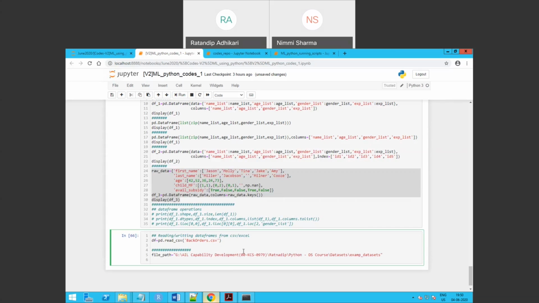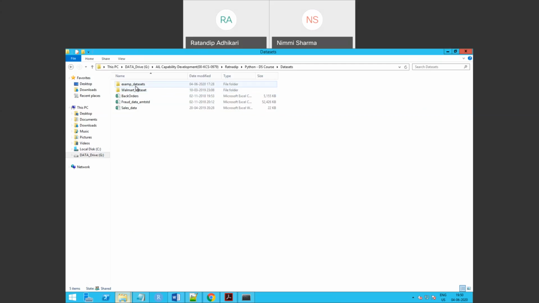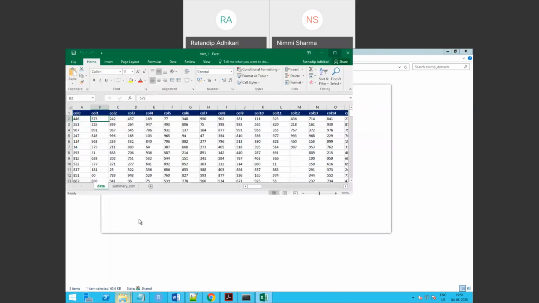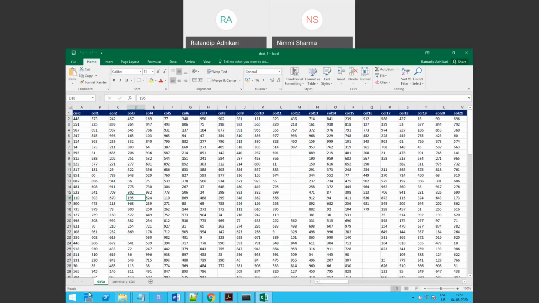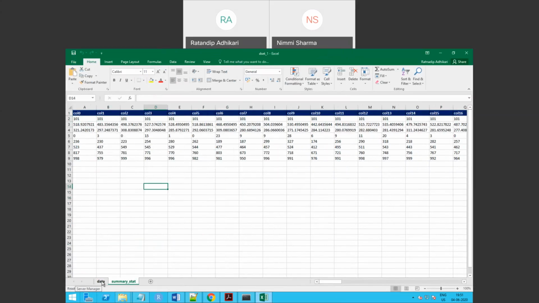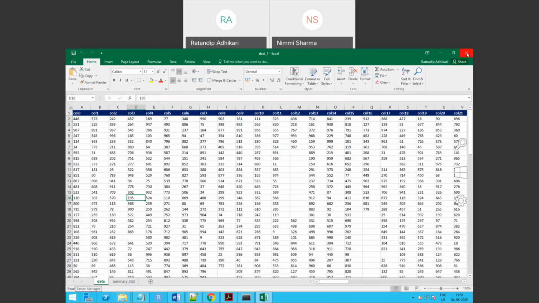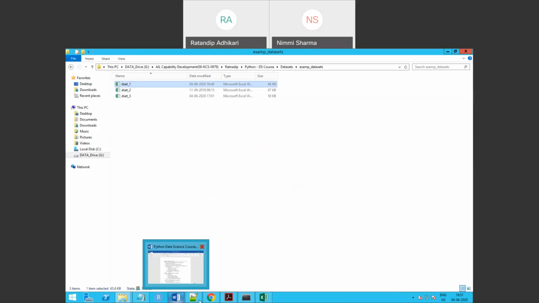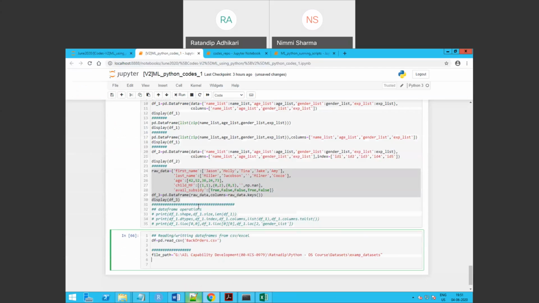Now in this location, there are multiple data sets, right? So this is the location. Suppose I want to read this data frame. This is an already built data frame. It is an Excel file with 2 sheets, right? I want to read this data frame. So this file path is my generic path, my base path, standard path. Then I give the file name. I want to read, say,